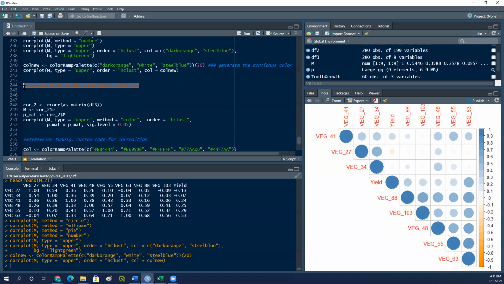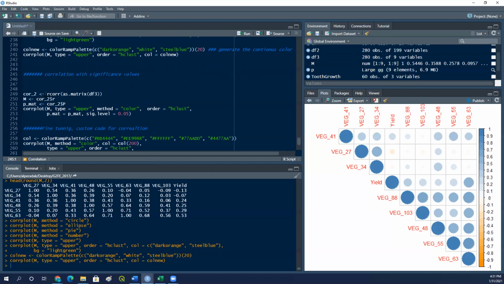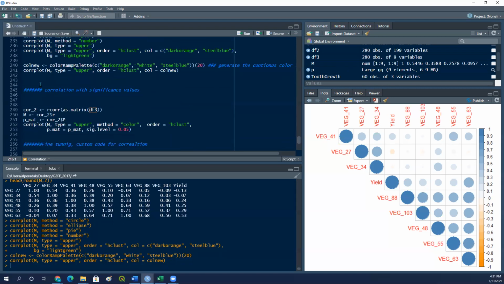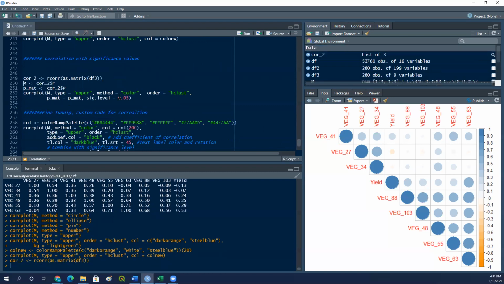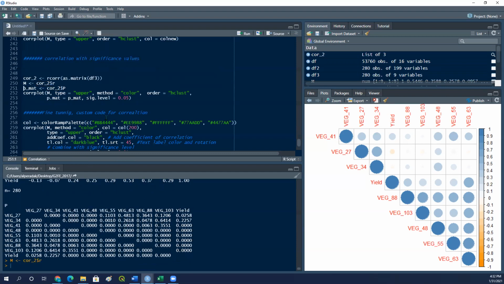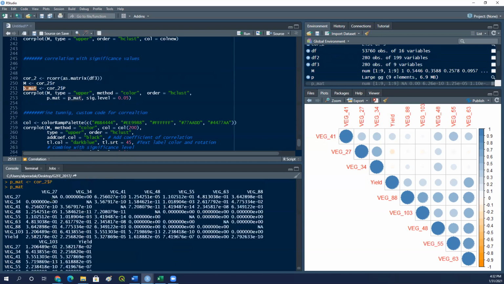And now I would like to illustrate that sometimes you would like to present your correlation with their statistical significance values. So in this case, this is our cor matrix, DF3. This is our subset data. As you remember, this is how we subset in here. I'm using the same data set. And again, I did the correlation. This is our correlation matrix. And then this is, for instance, the p-value matrix. Let me show you. These are the p-values